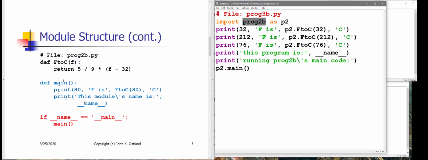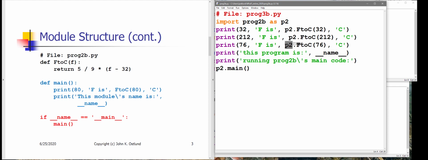Okay, so prog2b is this file, prog2b.py. In prog3b, which is my program that I'm executing, I import prog2b as p2. In prog2b, the function f2c will be defined and available, and the function main will be defined and available from prog2b. So now I can execute p2 f2c